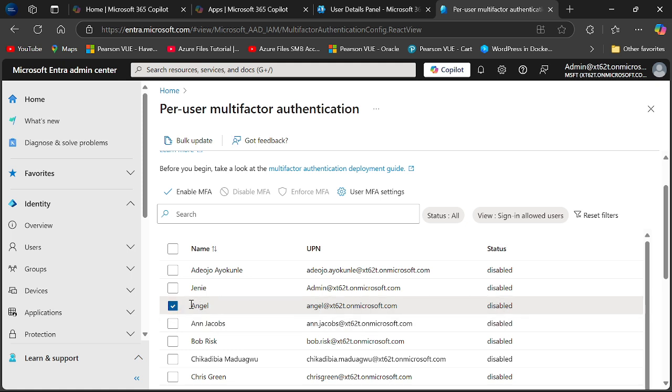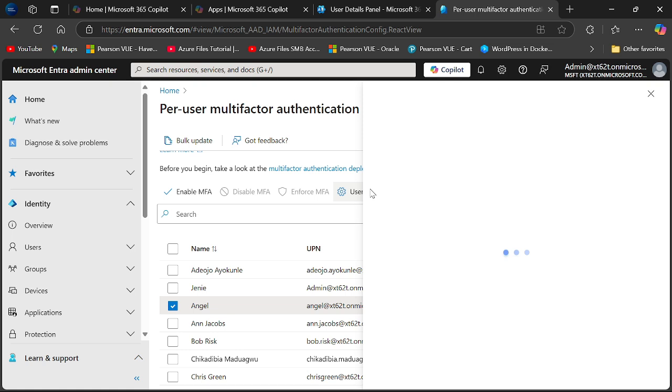I can go ahead to click on enable MFA. It's still the same thing because Microsoft has made it compulsory. So if I go to user MFA settings,